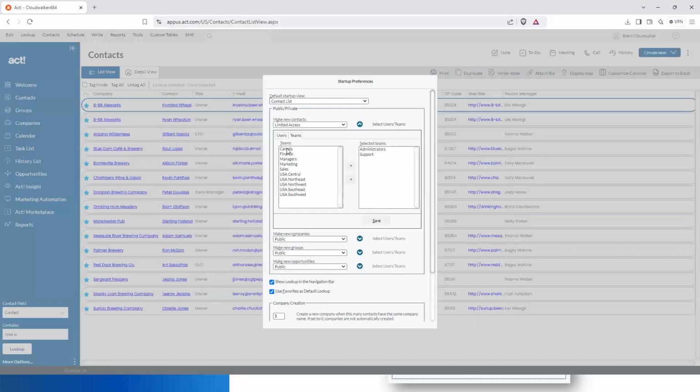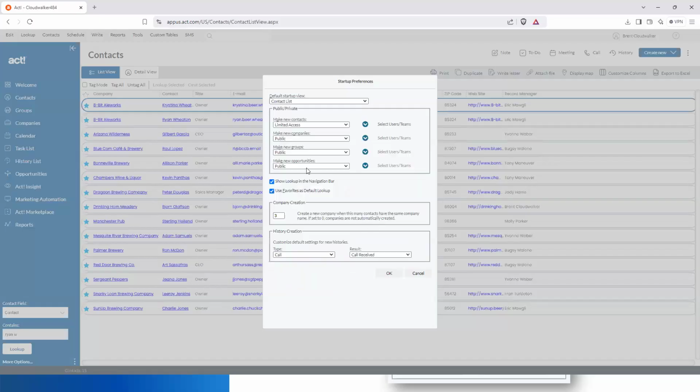And now I'm going to assign Canada as the team that should be able to view and edit that. Let's get rid of support. I'm going to leave admins there because I think admins should always see every record. And I'll click save. So now I've told ACT that whenever I create new records from this moment on, limit the access to those records to only administrators and my Canadian team.